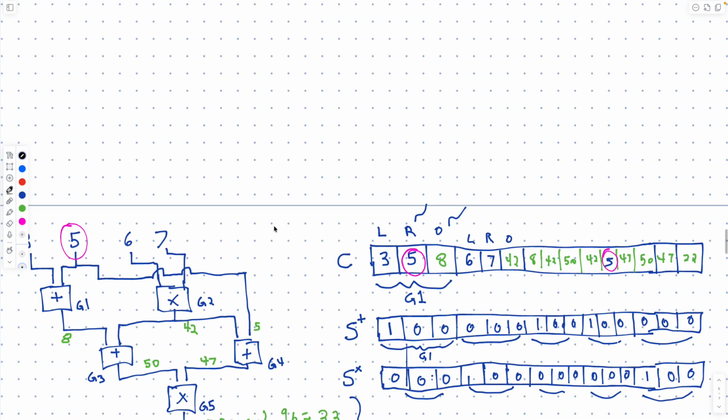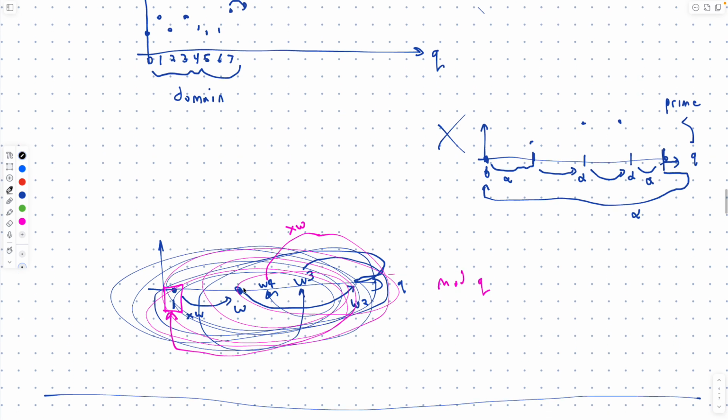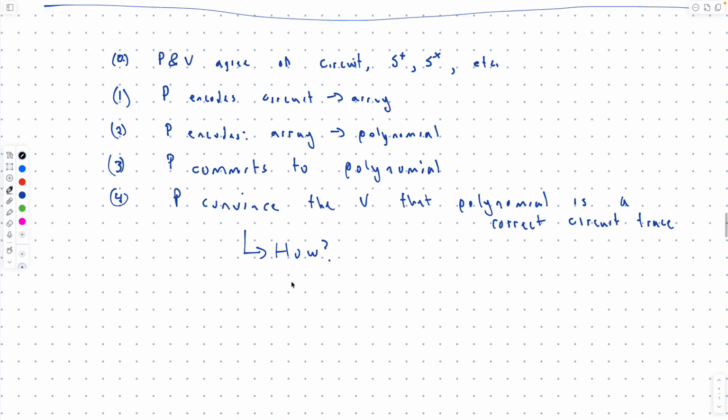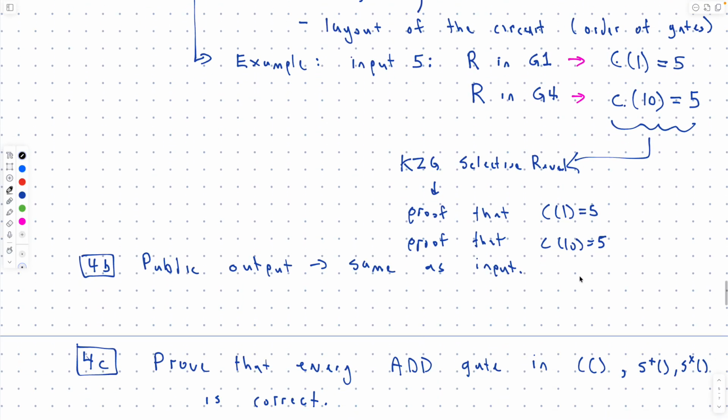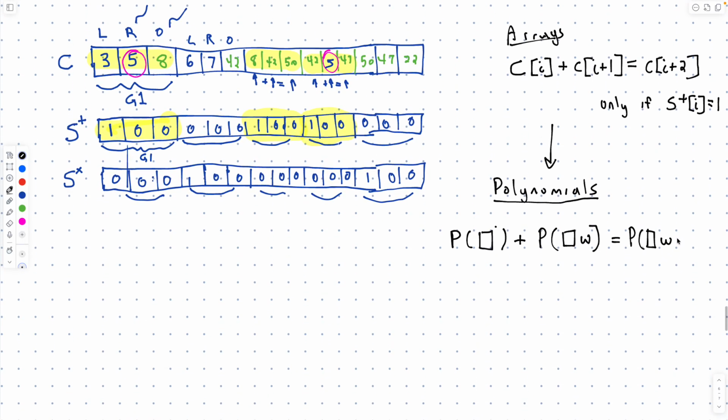I'm here, I want to slide over 2 elements. I'm going to multiply by omega twice, which is omega squared. I'll write it as omega for now, but we can write that as omega squared. So I have P at this plus